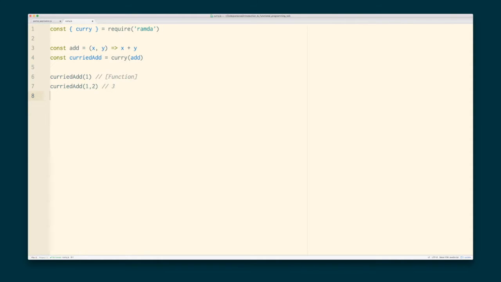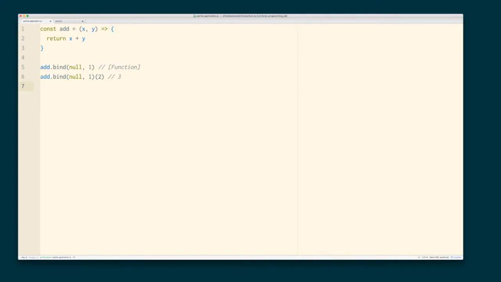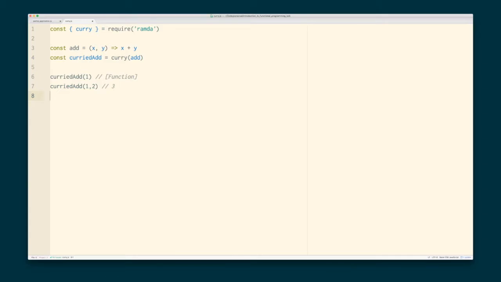What that lets me do is something very, very similar to partial application, but partial application has no context about how many parameters our function takes. So if our add method had 36 function parameters or something like that, partial application and bind have no idea about that. It just lets me call bind once, and then I call that function again, and that's it. It executes. Whereas currying, on the other hand,